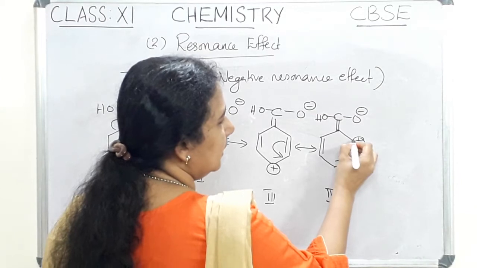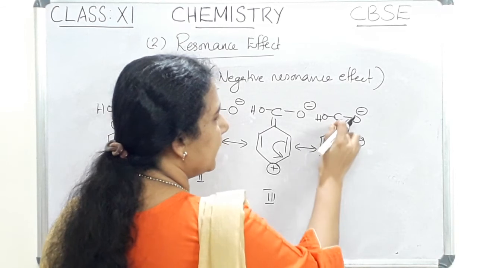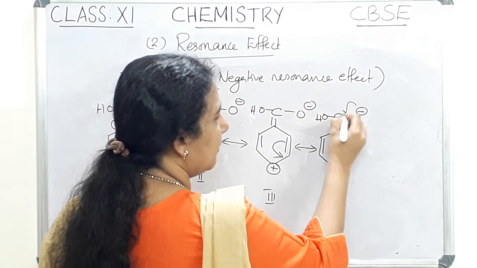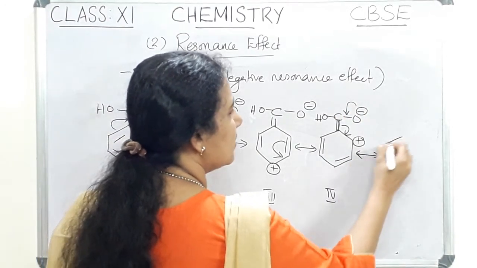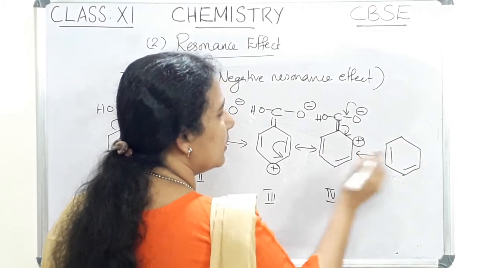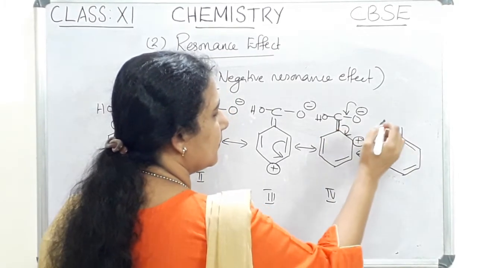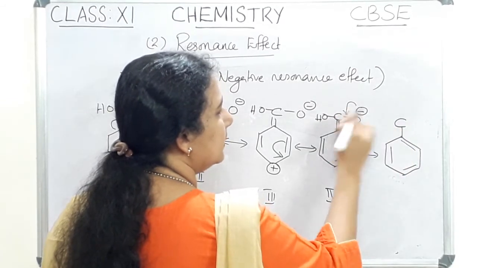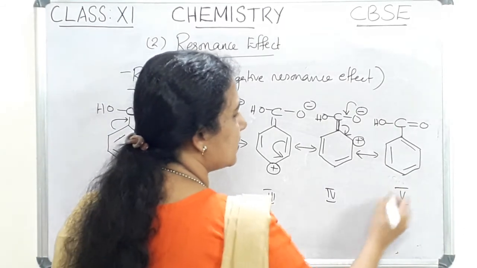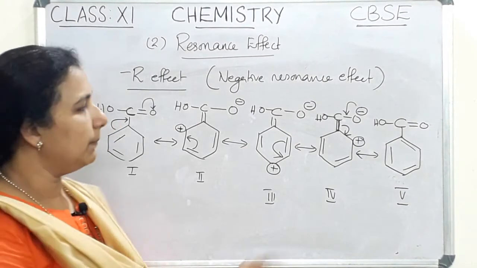Now here there is a deficiency of electrons. So this bond pair is shifted towards here and carbon again has a deficiency. So these electrons are coming back. So the last structure will be: these two bonds are the same. Here there is a bond, here there is a single bond, carbon. Then it is a double bond again, and OH. So this is the fifth structure. So there are 5 resonating structures that can be drawn for benzoic acid.